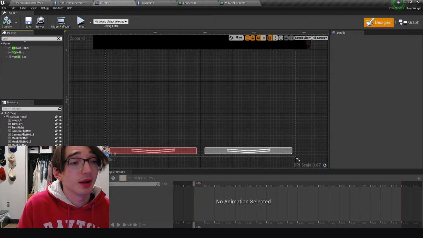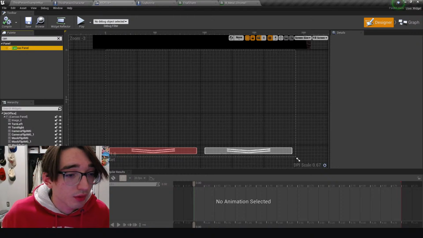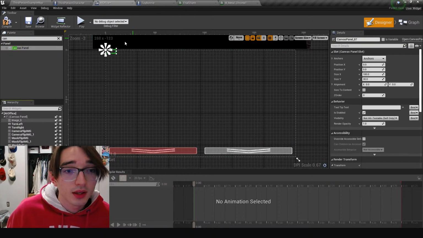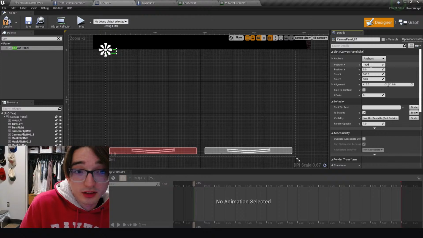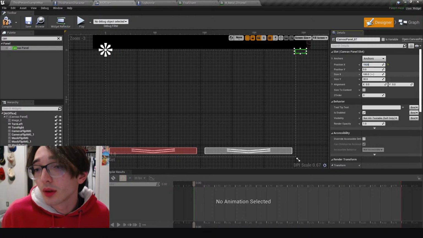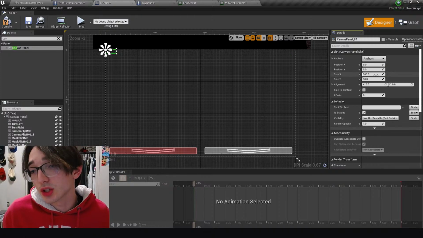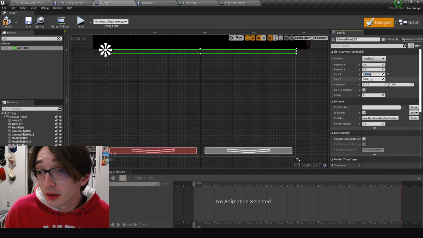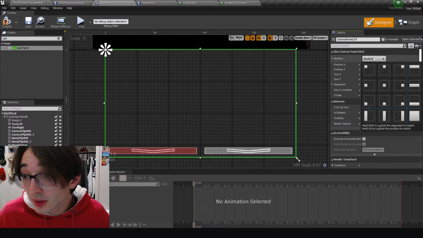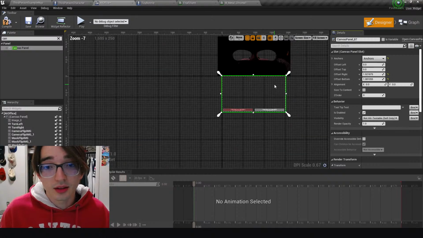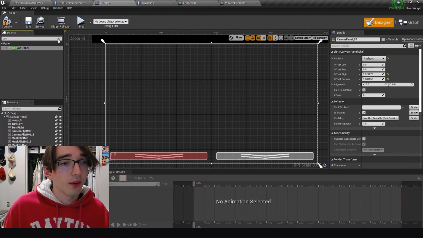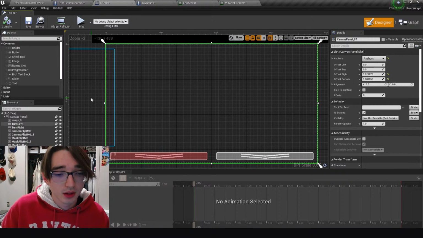What am I doing? Canvas panel. Yes. So we'll throw in a canvas panel. Boom. This one will be 1920. Oops. It's not going to be that position. It's going to be that size. 1920 by 1080. Anchor it like that in the middle. And now we will do